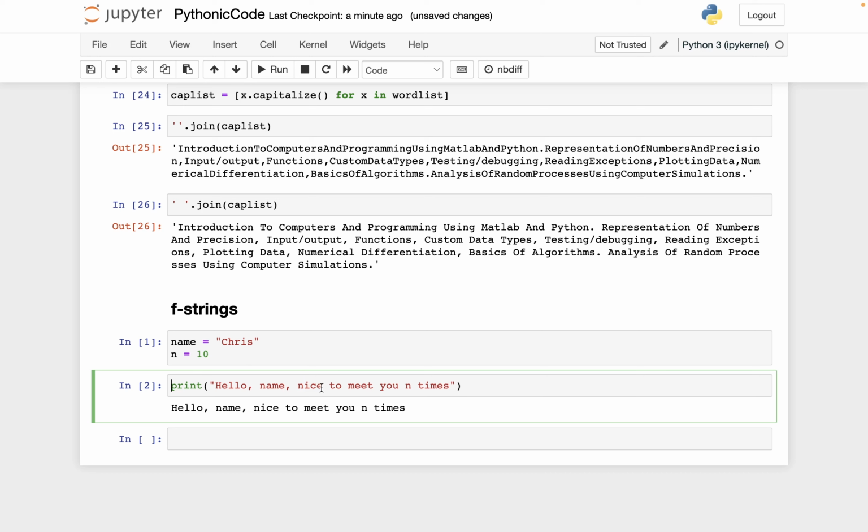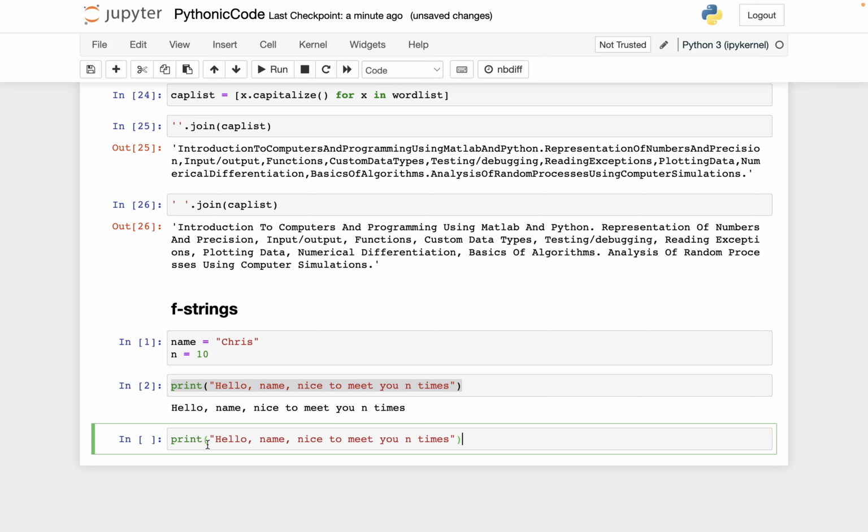So we need some other way, and eventually I'm going to talk about f-strings, which I think is the best way. But let me show you some other ways that might come to your mind first. So one example, or maybe I'll start with the one that I think I use least often, which is to give multiple arguments to print. So I could say, "hello,"